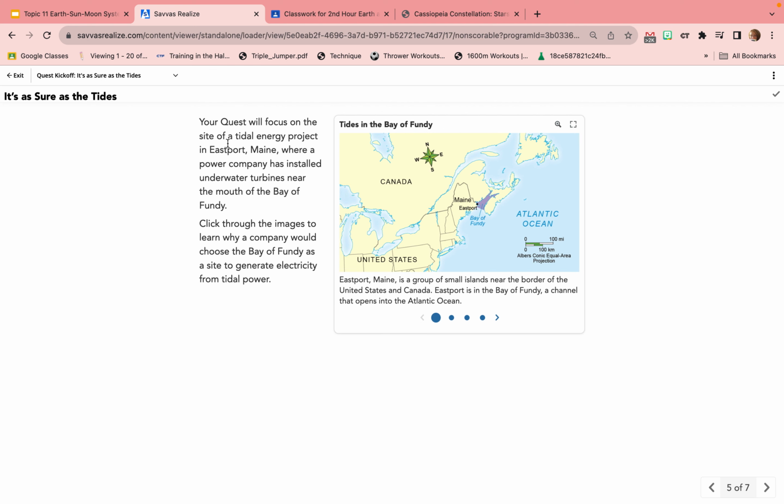Okay, your quest will focus on the site of a tidal energy project in Eastport, Maine, where a power company has installed underwater turbines near the mouth of the Bay of Fundy. Click through the images to learn why a company would choose the Bay of Fundy as a site to generate